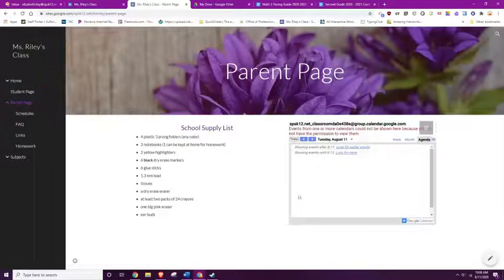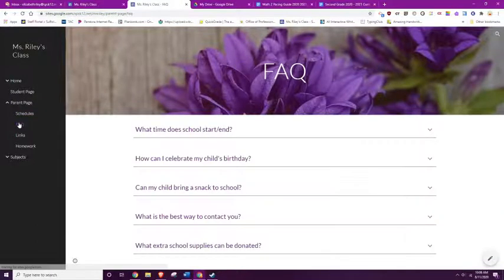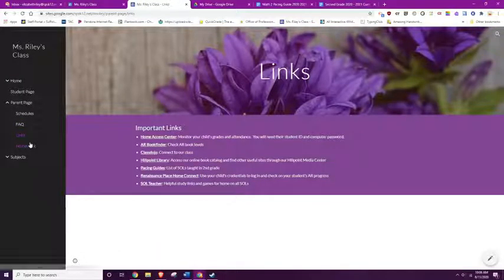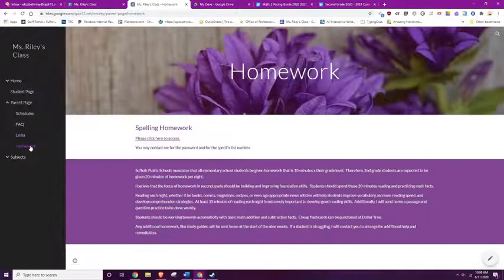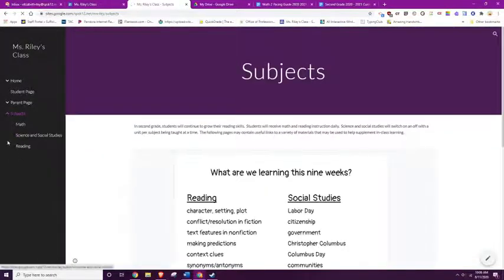So my overall parent page has a school supply list, and then this will eventually link to a calendar. But then I also have like a schedules page for my parents. I have frequently asked questions with these little drop downs. I have a links page for parents and a homework page. And then I also have, like, for my students, I'm going to end up putting up some subjects and some